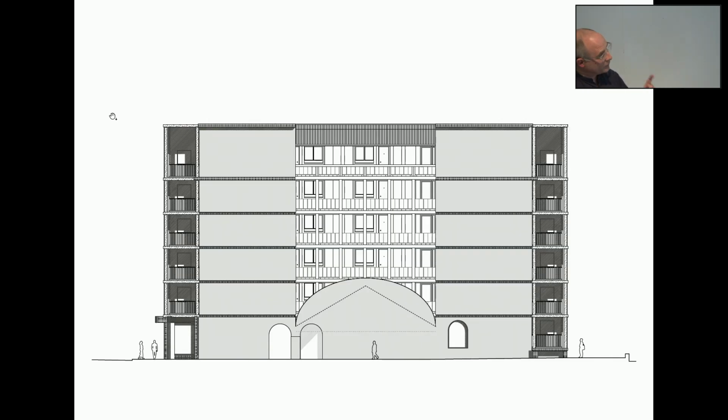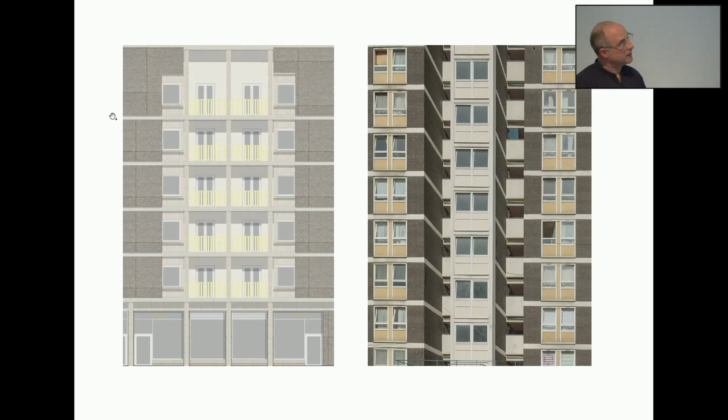And so in a sense, now moving on to the character, this is very new and emerging and evolving, let's say. But this way in which the building, this is the gable elevation, and this arched gable is the face of the cycle shed, and it is the primary entrance, which is a very generous kind of recess around a column, and is the beginning of that kind of tracing of a line around the courtyard, and an intentionally plain elevation animated by a window within the bel étage flat at this end and the entrance here, and otherwise the balconies on the corners,